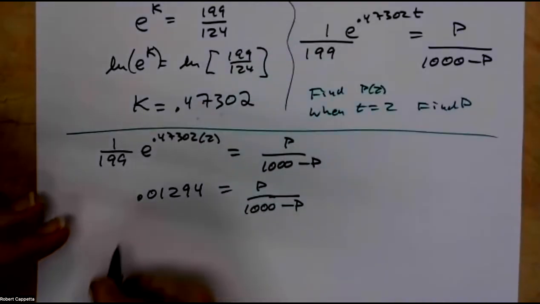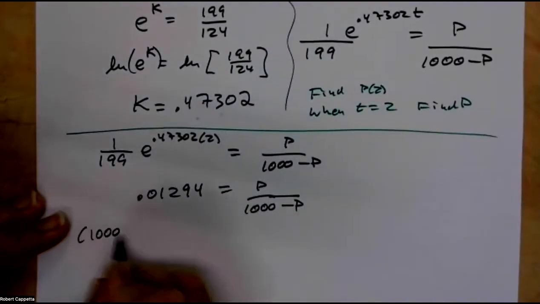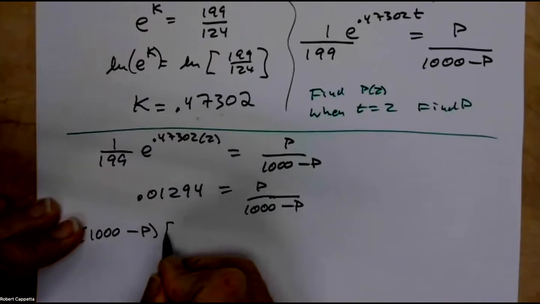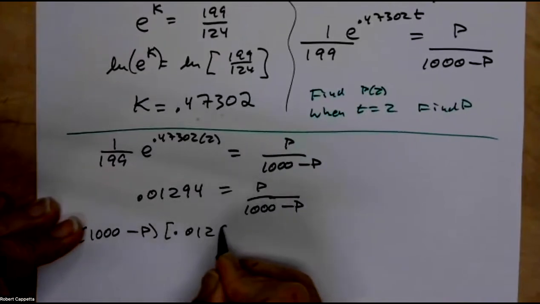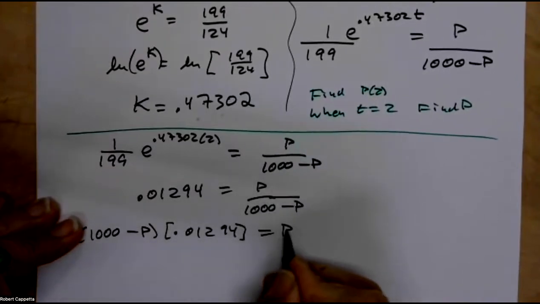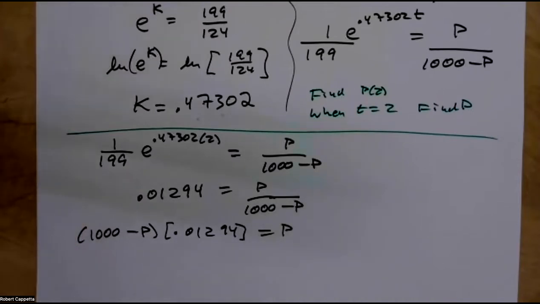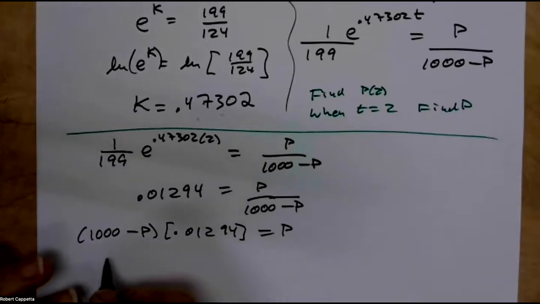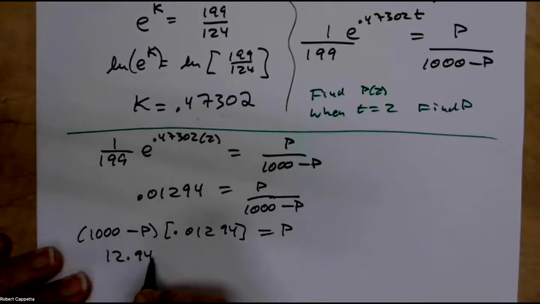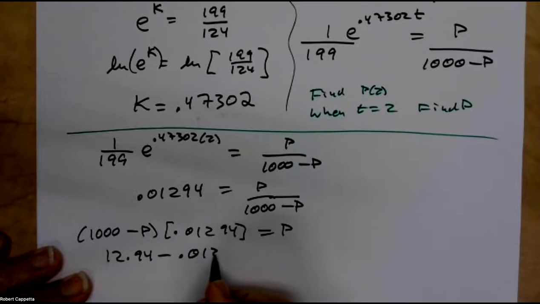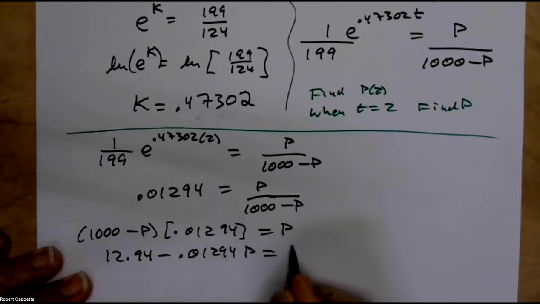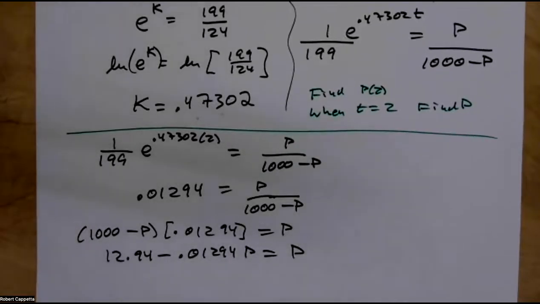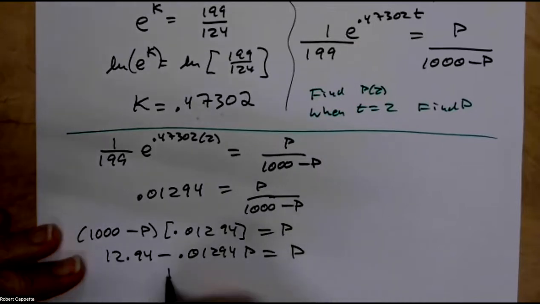Multiplying both sides by 1,000 minus p gives me what? 12.94 minus 0.01294p equals p. Adding the 0.01294p to both sides,